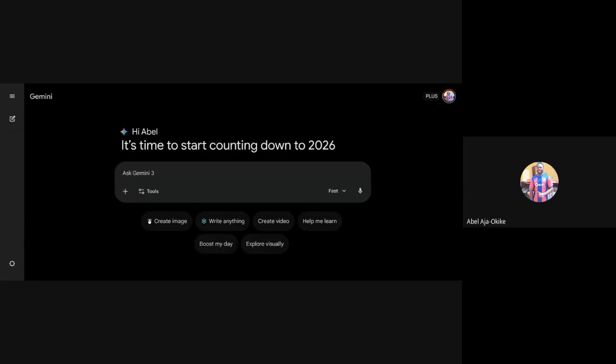One of the things I would try to look for is an assignment we were given in 2023. We were to find something related to the election, but we checked and ChatGPT told us that its last updated information was 2021. So you don't want to use that kind of thing for your project. That's actually why I prefer Gemini. It's the reason I prefer Gemini to Claude and to ChatGPT.